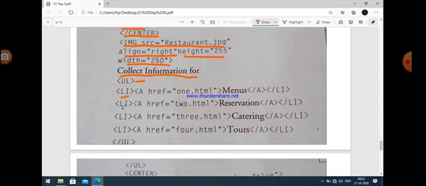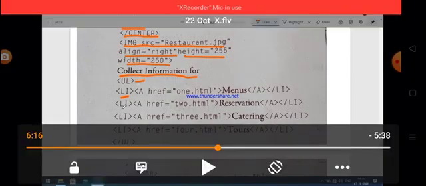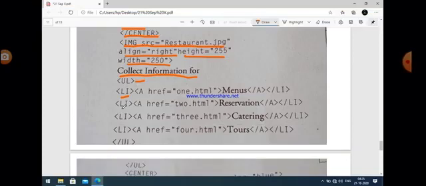Okay, but always remember that the items of the list also work as links, and for a link we use the anchor tag, meaning the a tag, and the address or the URL of the link is given with the href attribute of the anchor tag.